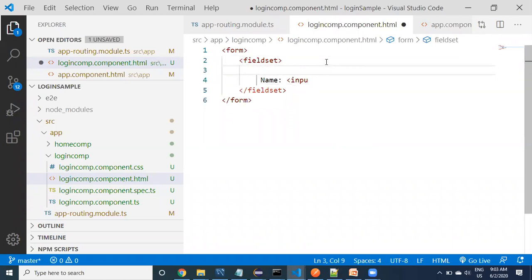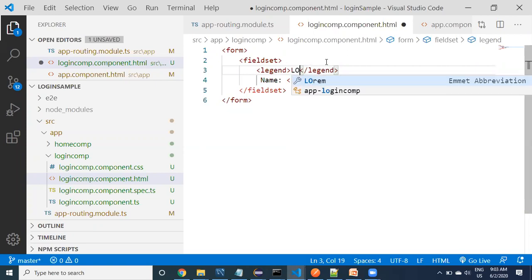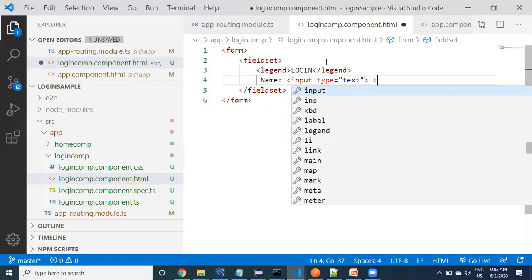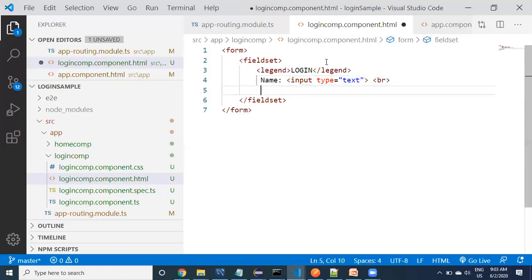Input, and even we can take, just for providing a login form, input type equal to text, br. Simple form I am taking.